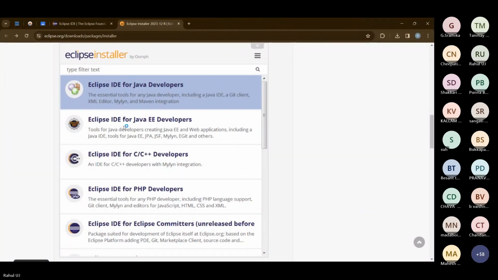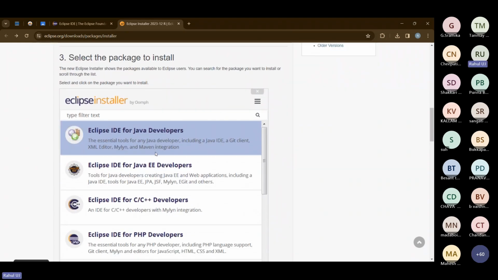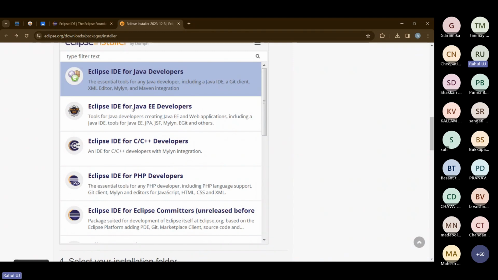Whenever you download Eclipse, please select the second one, Eclipse IDE for Java EE Developers, and proceed with your installation. In the last stage of installation you will get this option to select, so please select the second one.